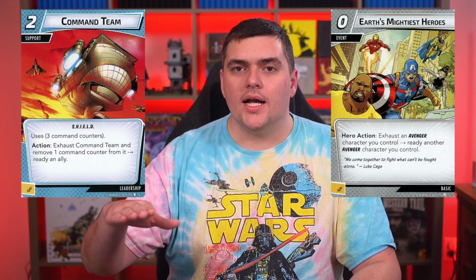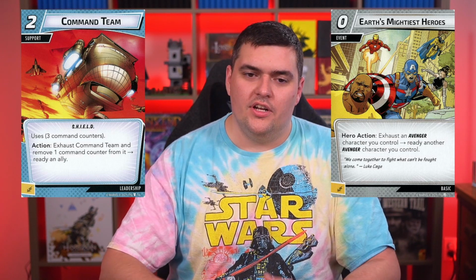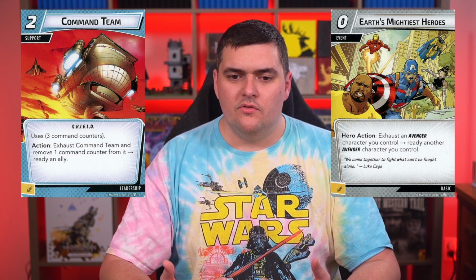Just if you run, I think in my game, I had 6 allies on the table with Triskelion, with Avengers Tower, with Stinger, and Strength in Numbers to draw 6 cards. At that point, you're going to have so many arrows. You can use Command Team combined with Earth's Mightiest Heroes to ready Hawkeye so that you can shoot arrows. You're going to have the money. You're going to have what tools you need to be successful,